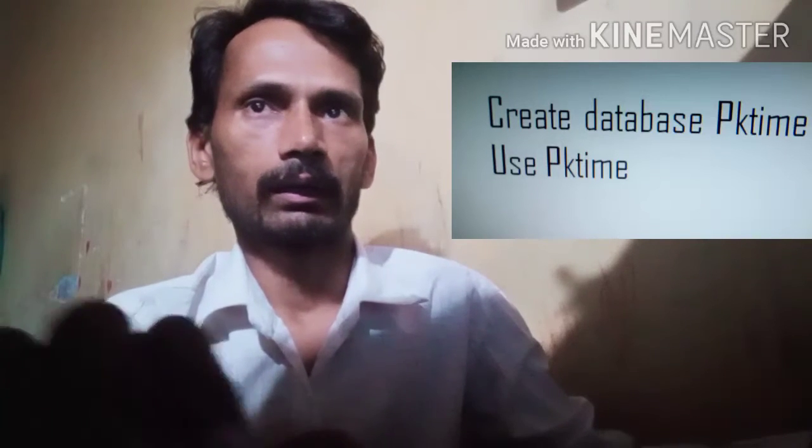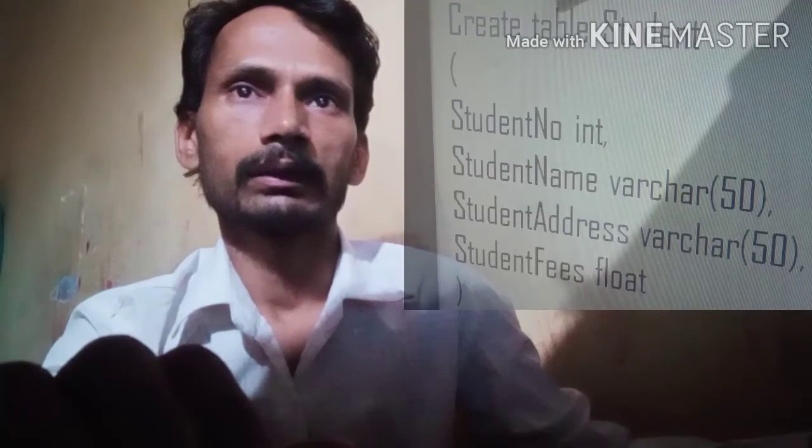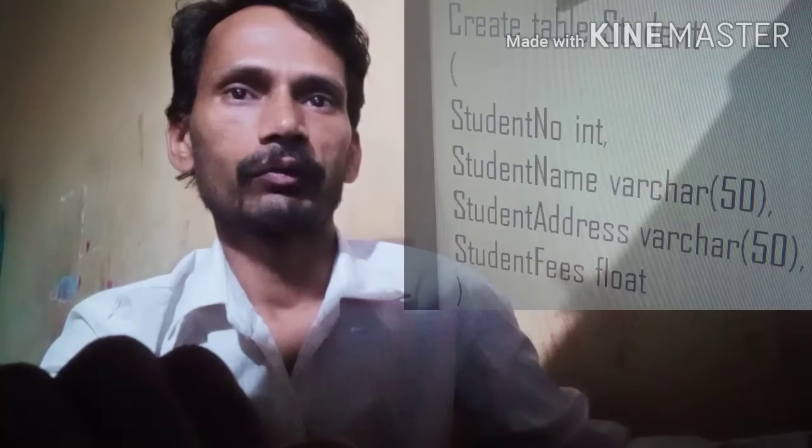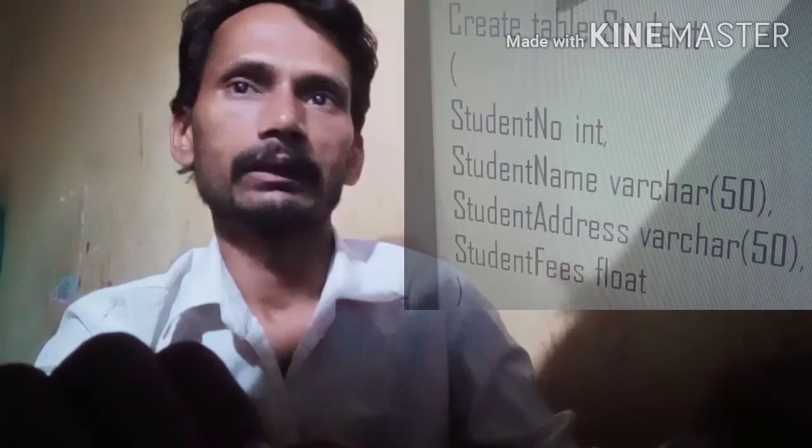Again we need to create a table. So I'm going to create a table, create table. Now we are going to create a table for student details.